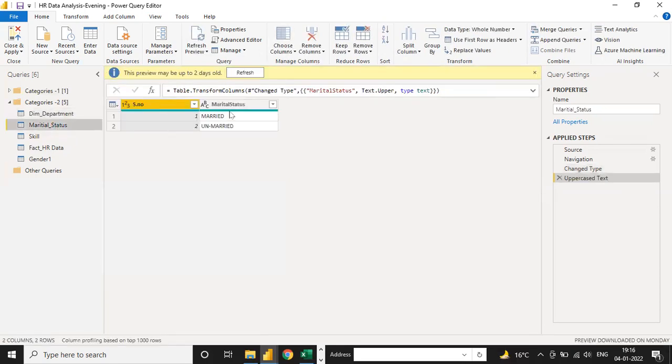Same as marital status. We have only two marital statuses, married or unmarried. Okay. So like this, this one is also a dimension table because you have all unique values. You have to remember just one thing. In a table, if you have all values which are unique, it is a dimension table. If in the table you have duplicate values, it is a fact table. Those are the two lines you have to remember. A dimension table always has unique values whereas a fact table has duplicate values. Okay, you can change also.